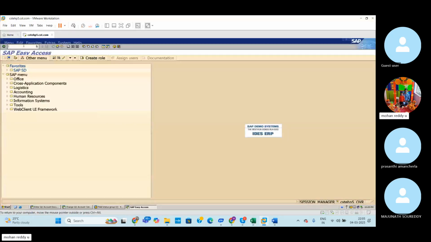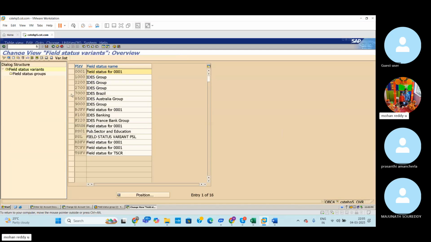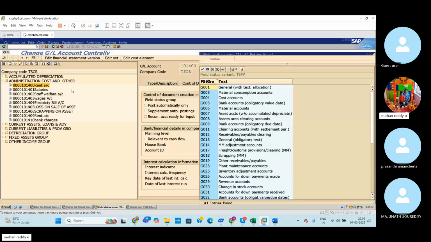OBC4, field status group. OBC4, right? Here, field status variant for Tesla cars. So the company code is Tesla cars, right? TSCR. So TSCR field status variant, how we can verify the field status variant means